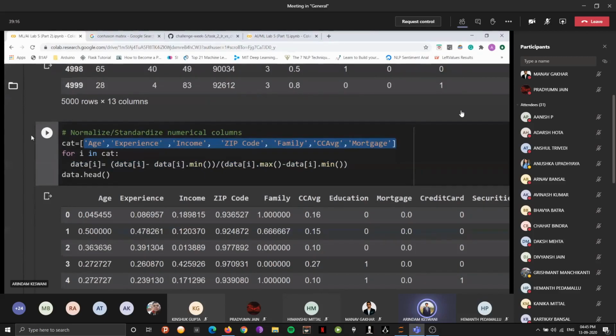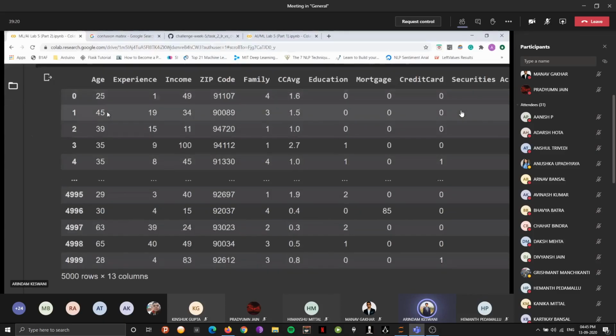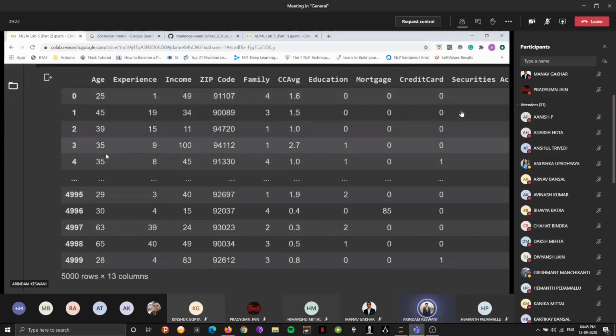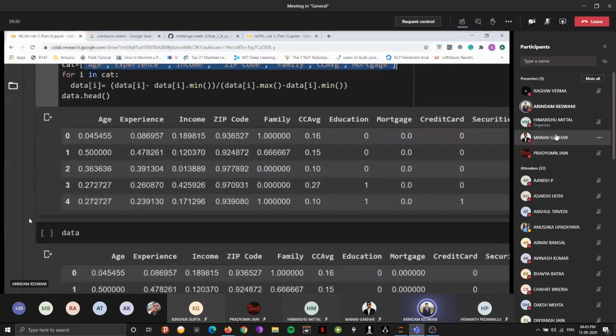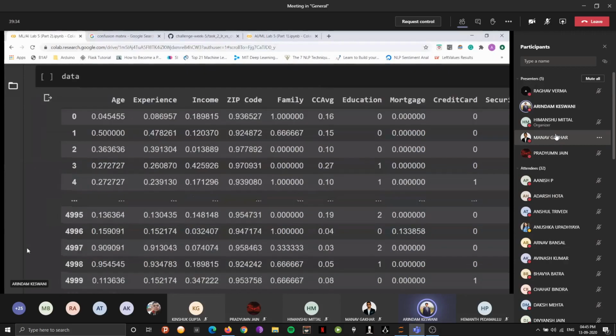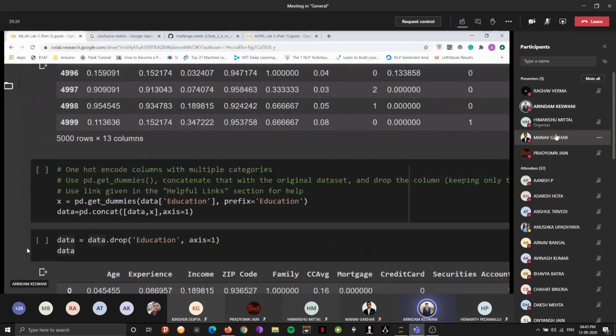In the previous data set we had not normalized it, so we have our ages as we normally use them, 25, 45, 39, etc. But once we normalize them, the age is compressed into 0 and 1. Now that is going to fortunately help our data set, as I've mentioned before. I've just printed the data once again just to see if everything is printing normally or not. We can skip this cell.